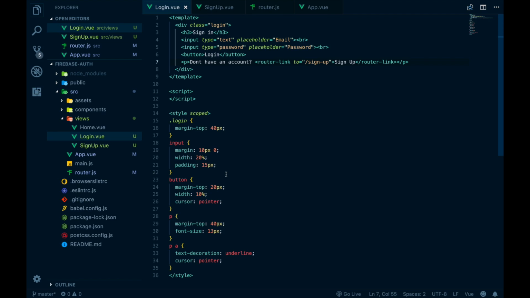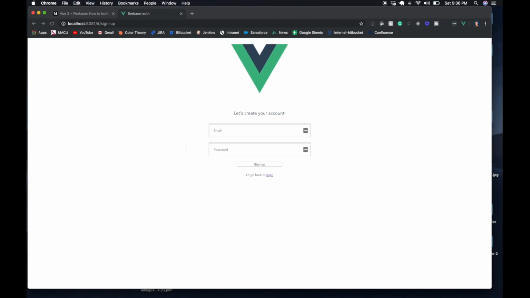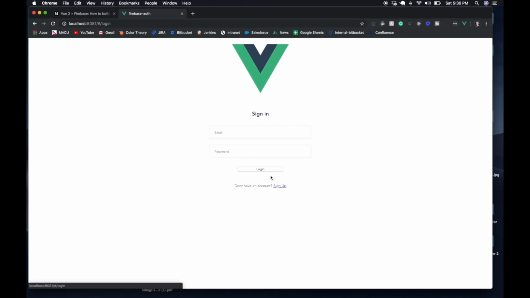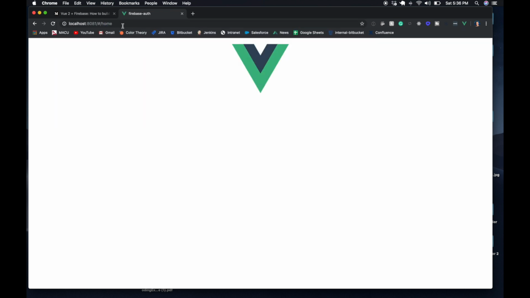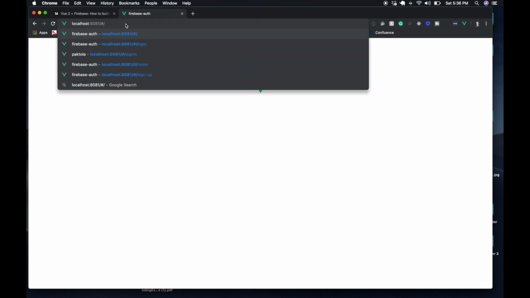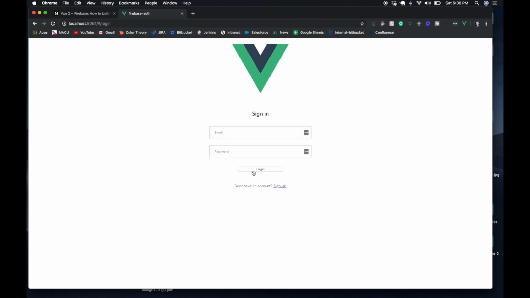Awesome. All right. So the next routing functionality we want to add is when the user enters the email and password and then they hit login, we want them to go to the home. We want them to go to the home route, but only if they're authenticated. And once we bring in Firebase, we'll be able to do that. But for now, let's make it so that when we click this login button, it's going to redirect the user